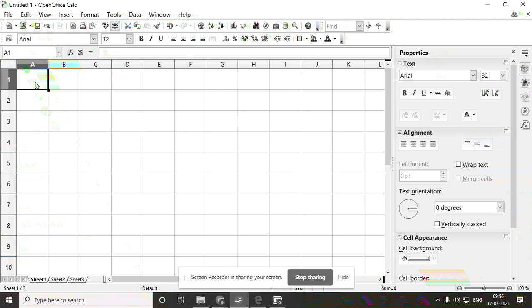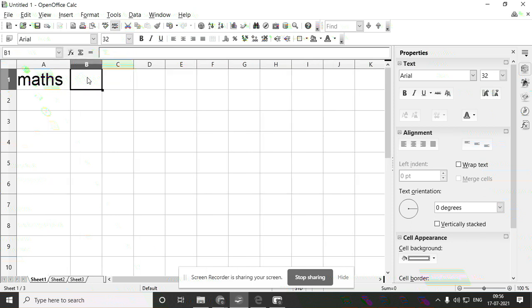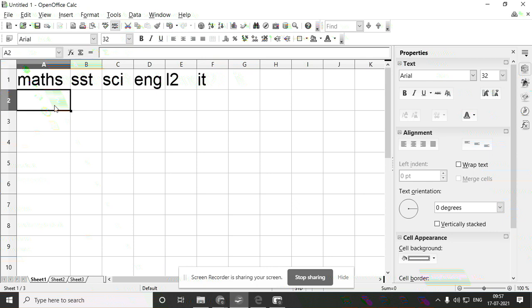In UT1, suppose you have the subjects maths, SST, science, English, L2 and IT. I'll add your UT1 marks, only one name, only one student, here.